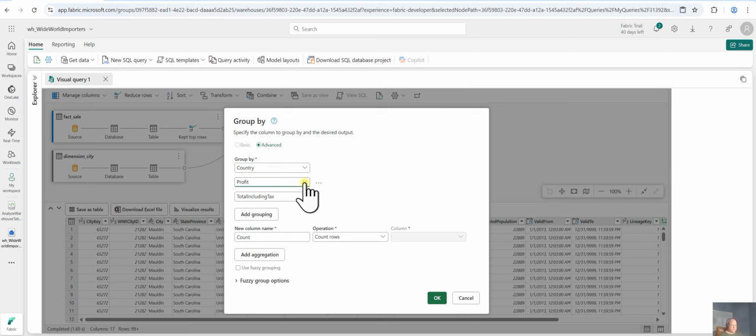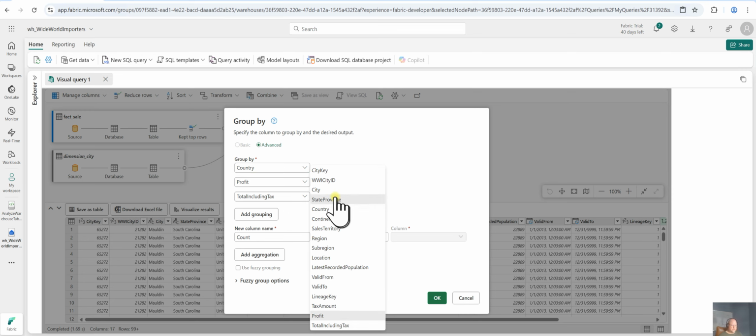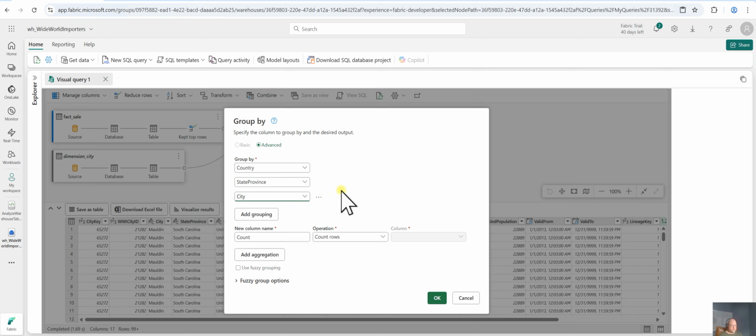Country, state, province, city. There's our group bys. So, and then we're going to do